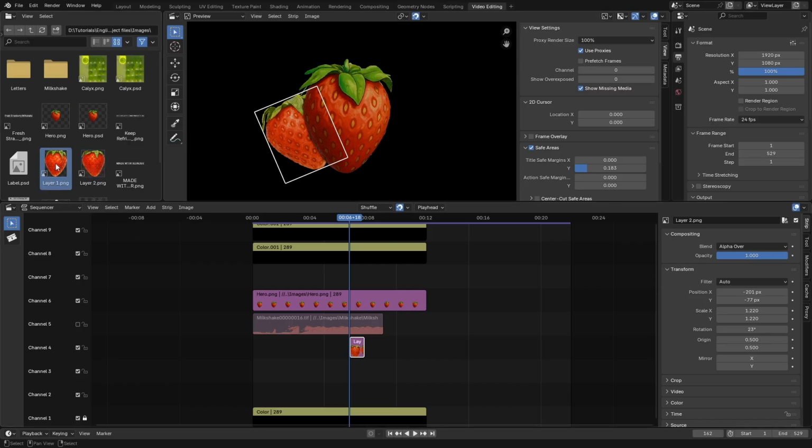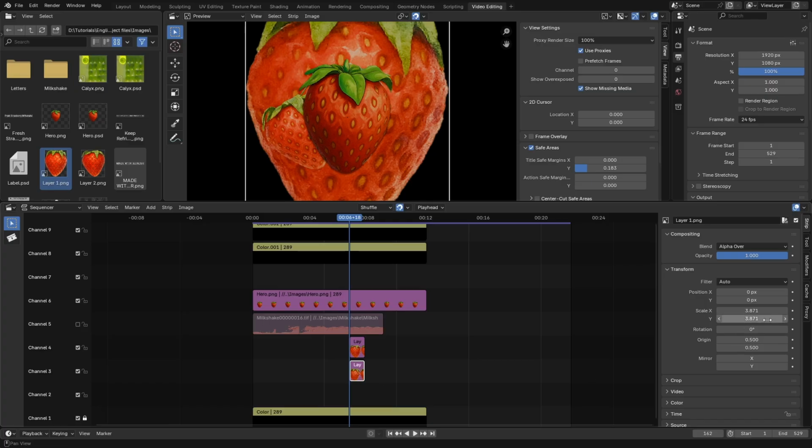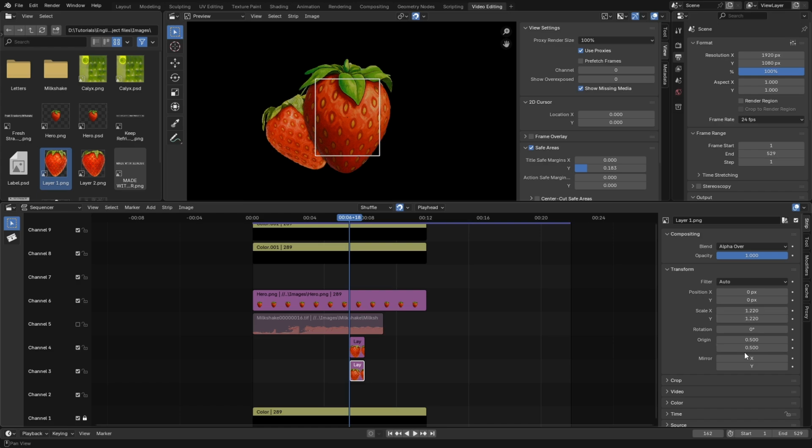Let's do the other one. So 122 and minus, what was that? 23. Right, so